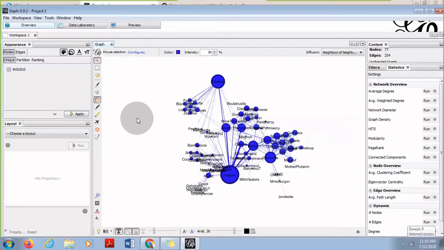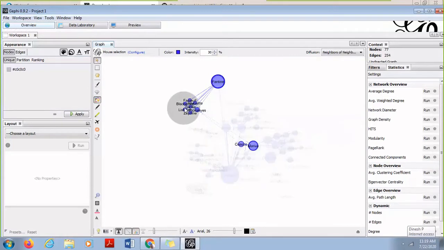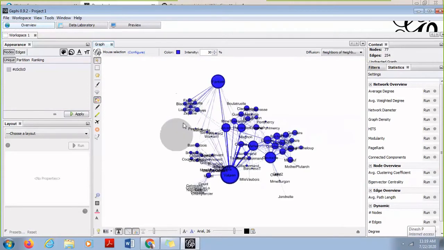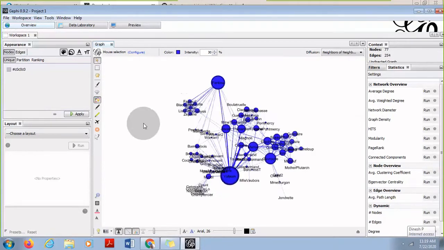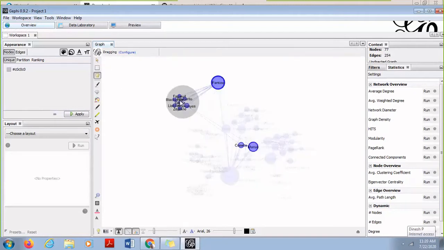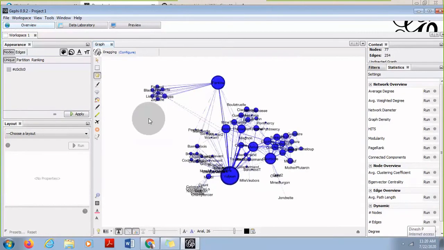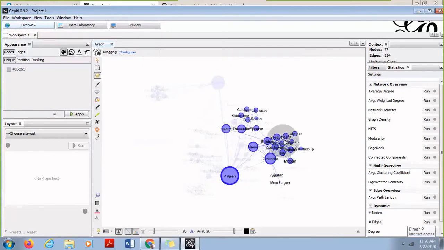Once I increase the size of the cursor, I can go and select that, and then I can use this drag option also. I will be able to drag the entire set of nodes at the same instance. I do not have to do it one at a time.